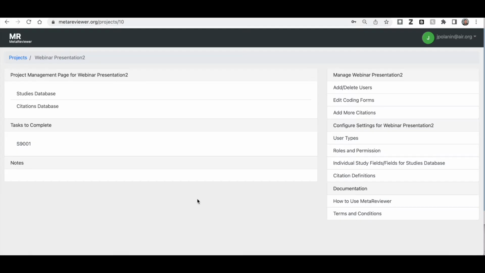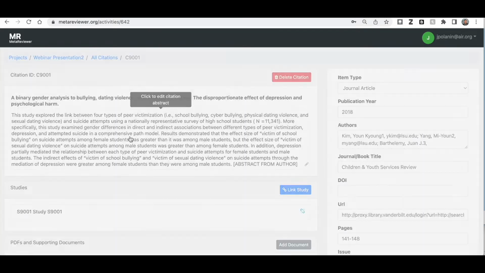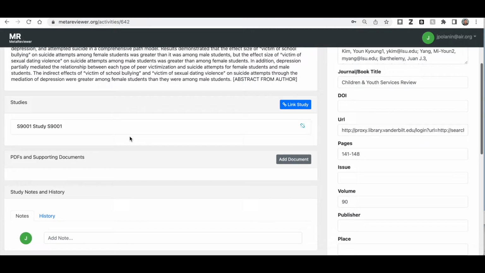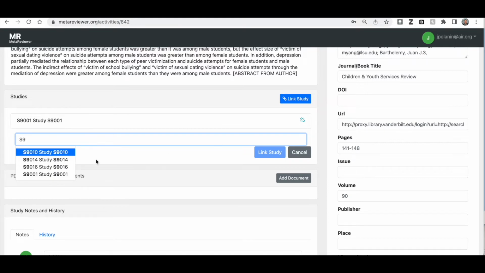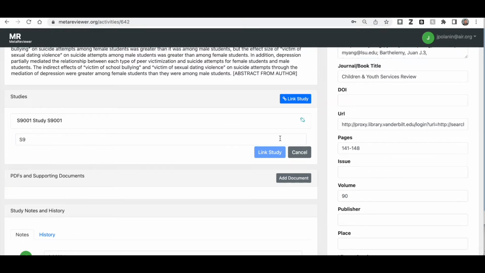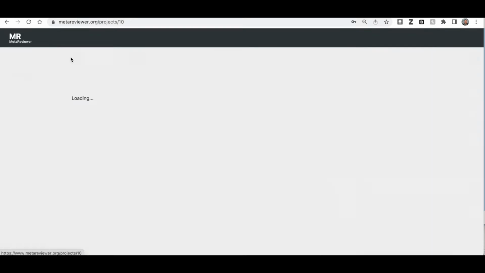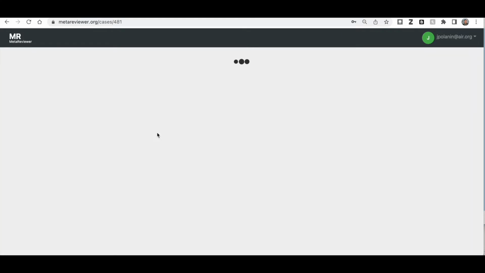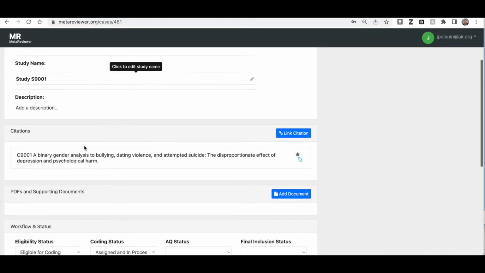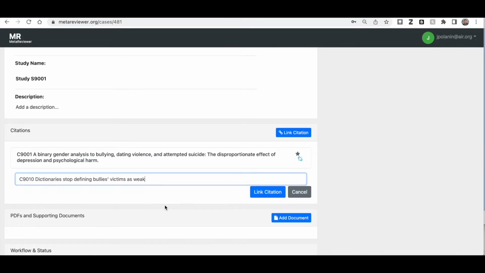The second way MetaReviewer can help you conduct a more efficient evidence synthesis is by using its built-in project management tools. Each citation and study that a user uploads has its own dedicated page to collect and keep track of its pertinent information. In addition to basic information, like the study's ID and title, users can link multiple uploaded citations by searching for the citation's title or ID. After selecting the appropriate citations, users can add PDF documentation, track the study's workflow, manage assignments, and indicate its ultimate